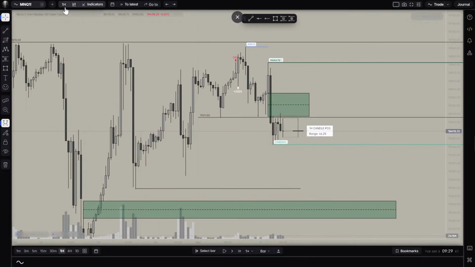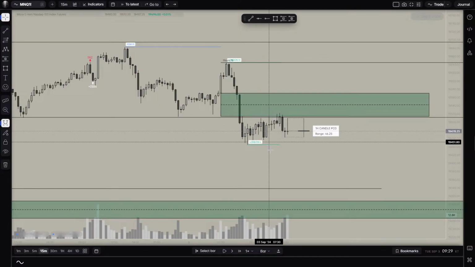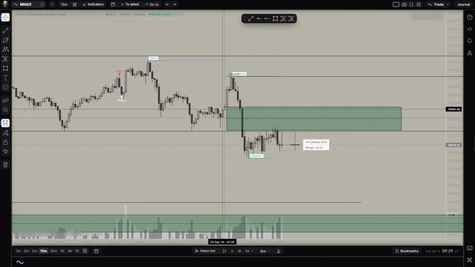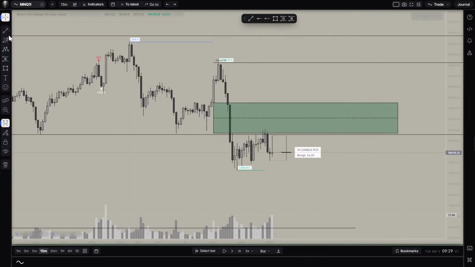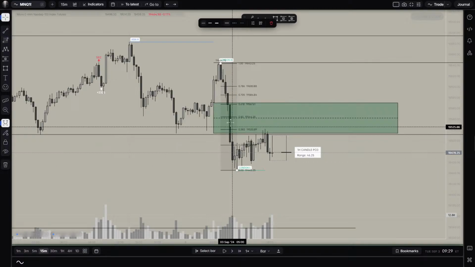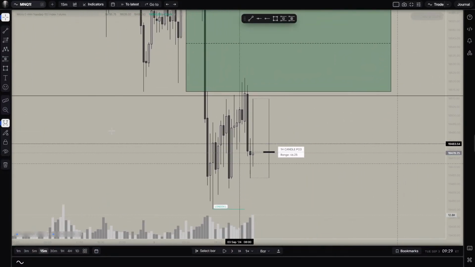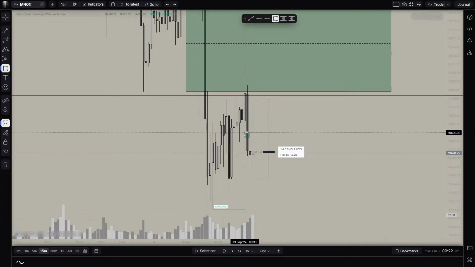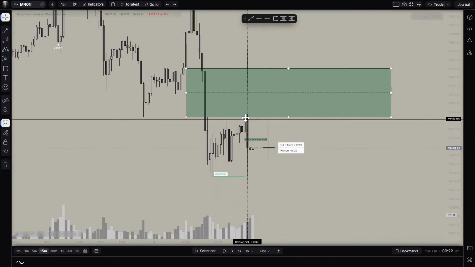Okay, let's go to 15 minutes. Oh, complete barcode price action. What's the discount of this range? So this is the consequent encroachment. Price needs to move there. Do we have a 15 minute gap? Yeah, we do. Doesn't matter. This gap doesn't matter, guys, I guess because